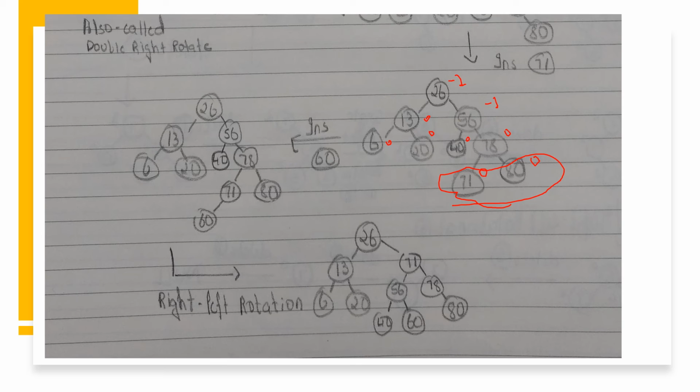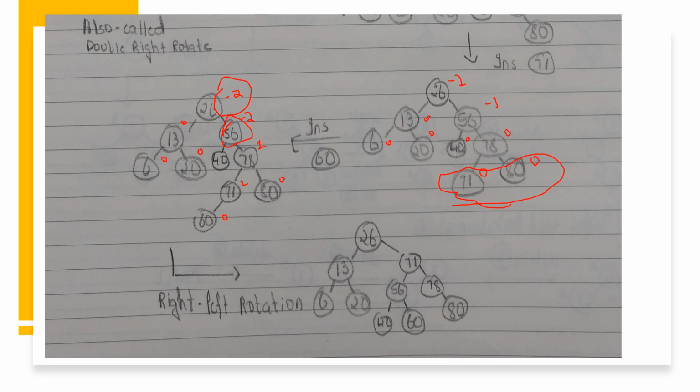But when we insert 60, an imbalance occurs. So this is again 0, but this is 1, this becomes 1 as well, but now this here becomes -2, this also becomes -2, and this becomes 0, this becomes 0, this is also 0. So now we know that there's an imbalance occurring at 56, and the balance factor is also affected for the parent tree. So now from 56,